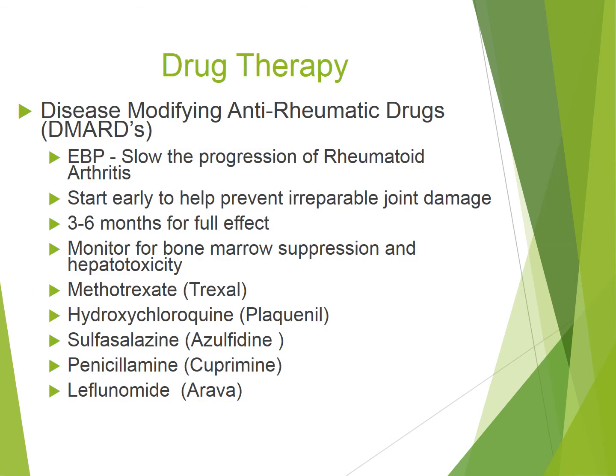Okay, DMARDs. Did you have DMARDs down? Everybody better have had DMARDs down, right? Joint changes they have found in the literature can happen within the first year of having rheumatoid arthritis. Those changes can start occurring within 1 year. So healthcare providers are now more aggressively prescribing the DMARDs, because the other thing that DMARDs can do is, right here's your evidence-based practice,